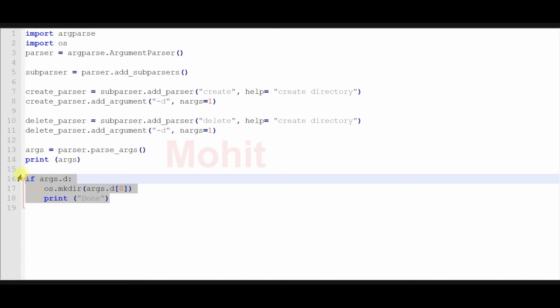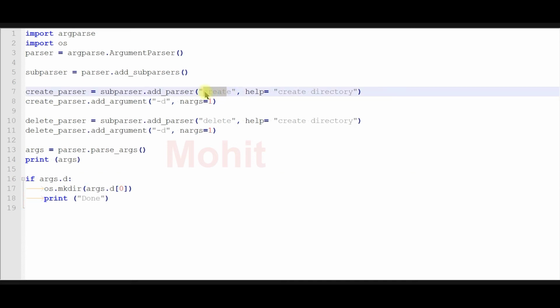So we need something to determine this D is for create, and if I'm using delete minus D, it means that delete is for the deletion purpose. So we can do one thing. I can add dest here, command.